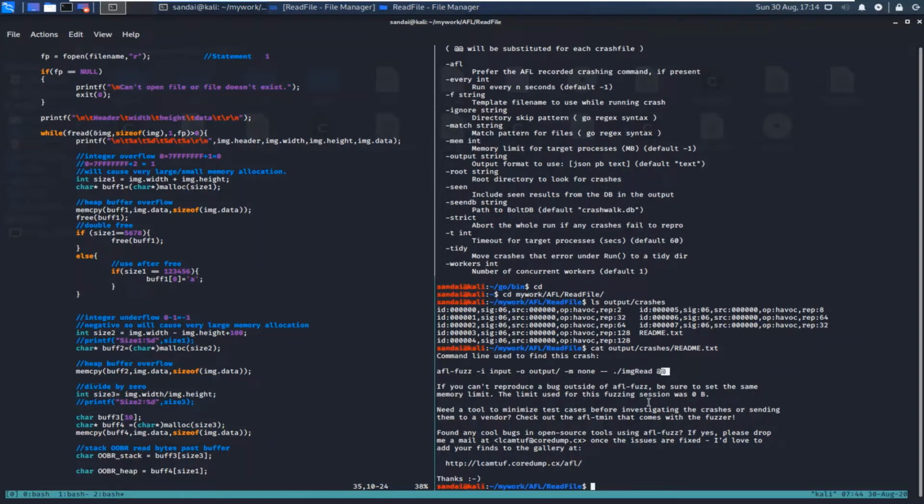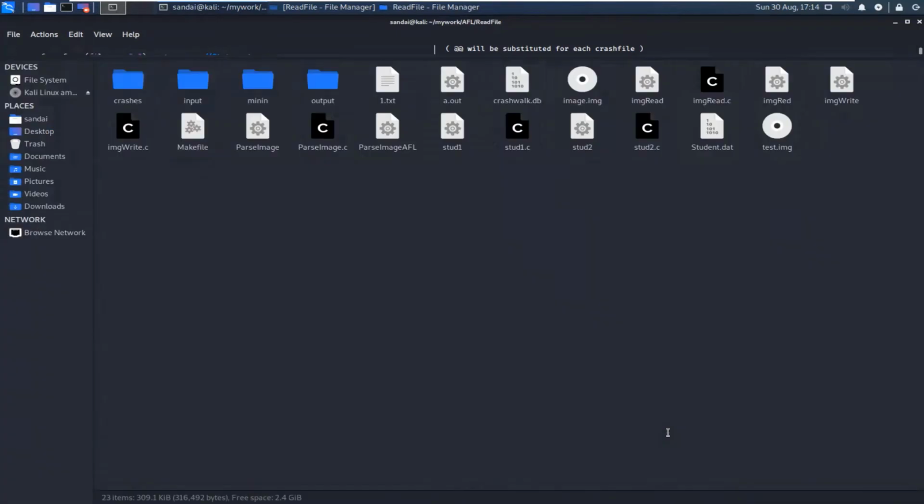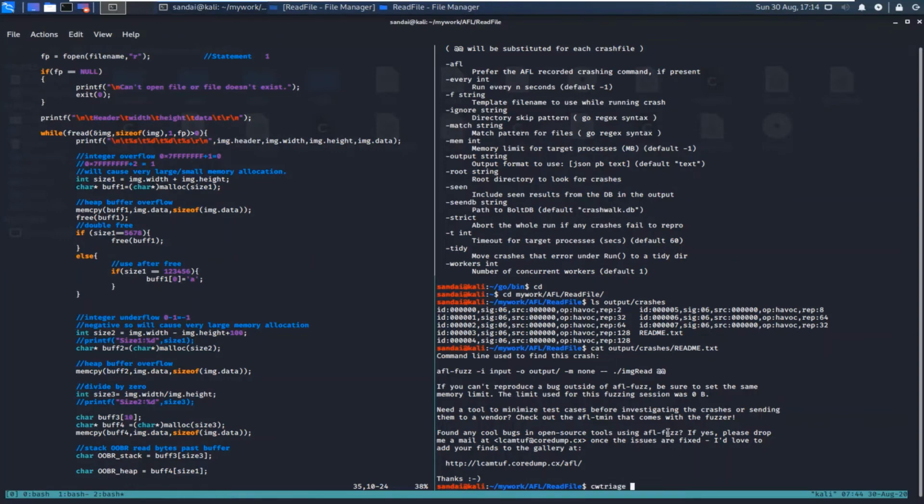Now what cwtriage, or Crashwalk, is able to do is that when you give the afl option and a root directory, it will go to this root directory and search for afl files.